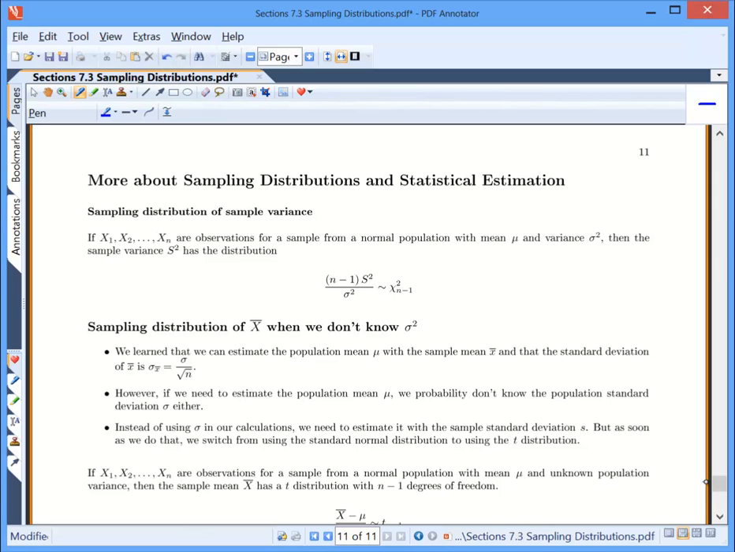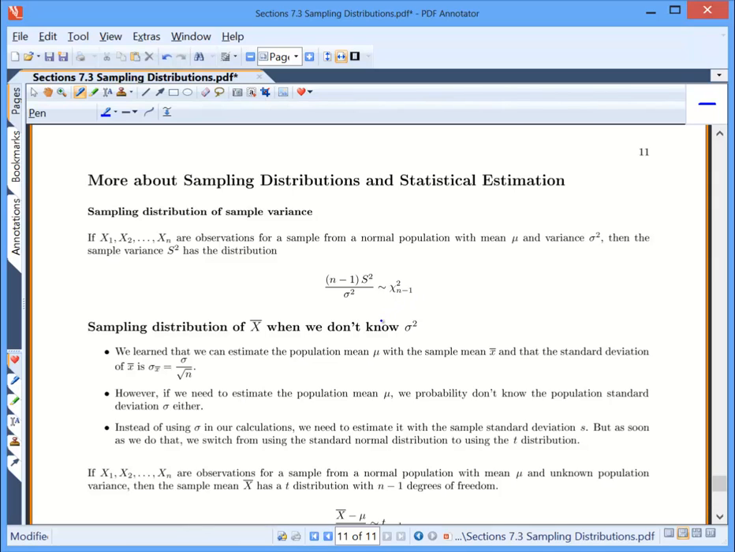Last page. So this is just a few more interesting sampling distributions. The first one is the sampling distribution of our sample variance. So x1 up to xn are our observations for a sample from a normal population with a mean mu and a variance sigma squared. Then the sample variance s squared has this distribution. If you take s squared, multiply it by n minus 1, and divide by the population variance sigma squared,